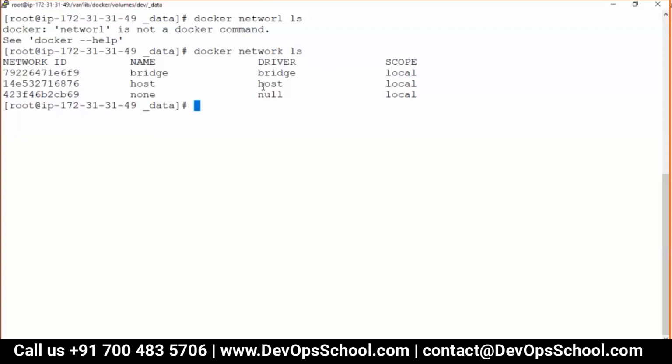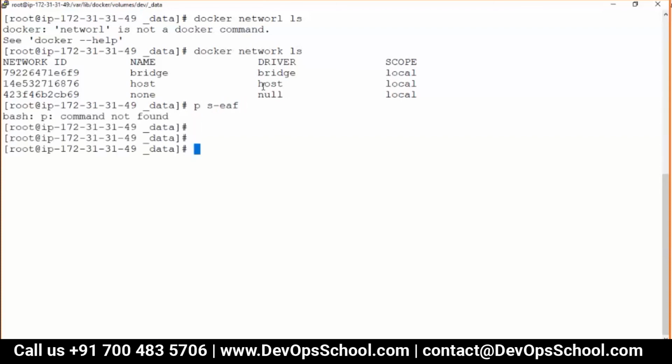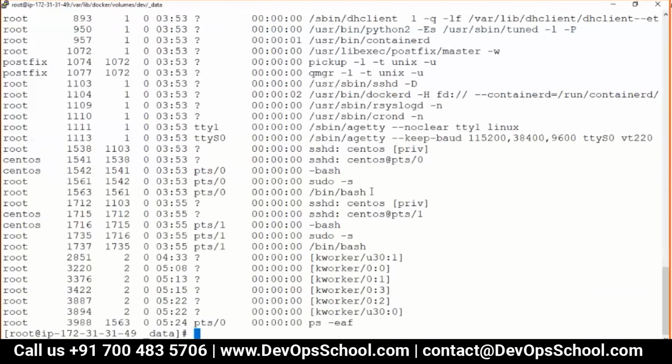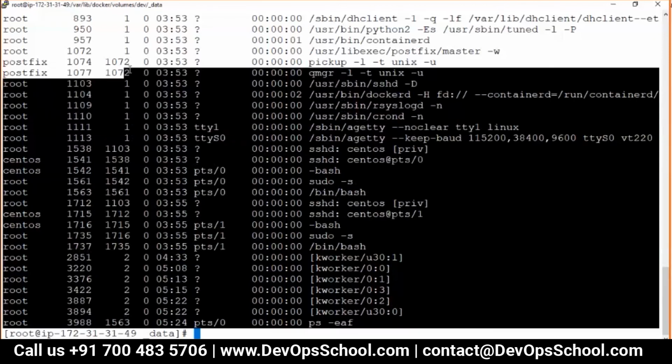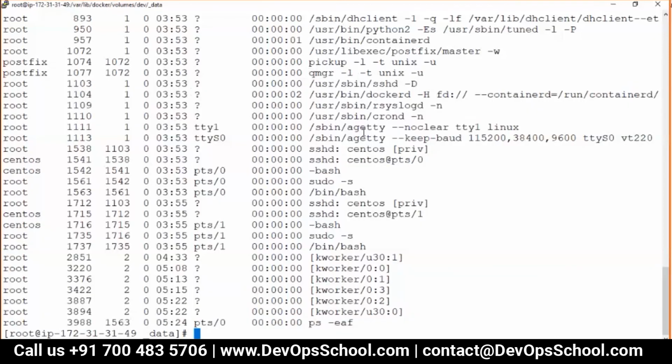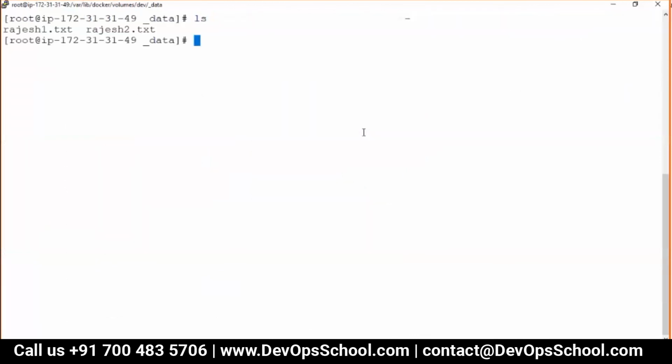Remember, a container does not get special treatment. A container is a process for the host. You are running so many processes, see ps -ef, and these containers are all processes running and using the same host network. So that container does not get its own network namespace and does not connect to the bridge network. It connects to the host network. Host network means the same network which my node is on.